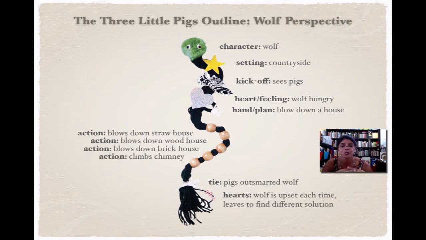So those are all examples of actions that the wolf takes on. We're looking at it from his perspective. The tie, in this case, is the pig basically outsmarted the wolf. In the hearts, the wolf is upset each time he leaves to find a different solution. So that's just one example of using story grammar marker with a story like The Three Little Pigs, but